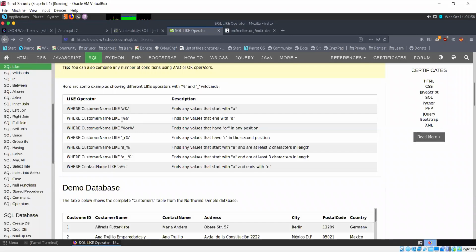Then, if you're putting the percent sign in front, that would find any value that ends with A. Similarly, if you put something in between two percentage signs, that means this is a part of that value. It may be at the beginning, at the end, or in the middle, wherever it may be, it has to be a part somehow.